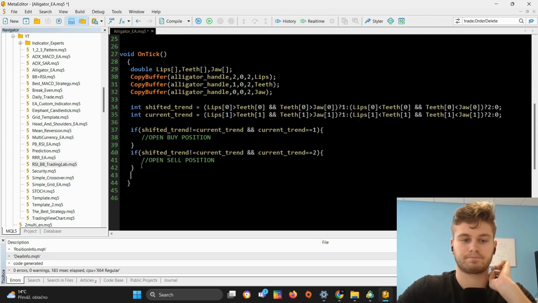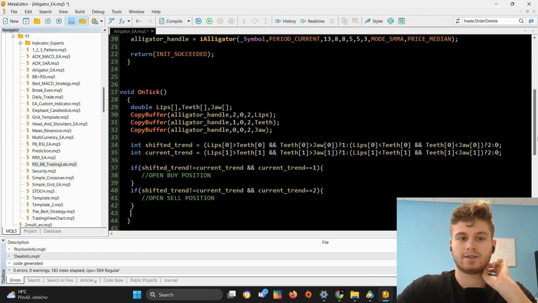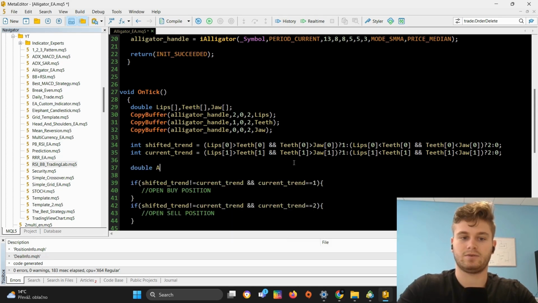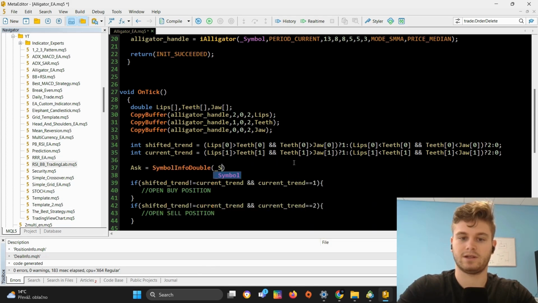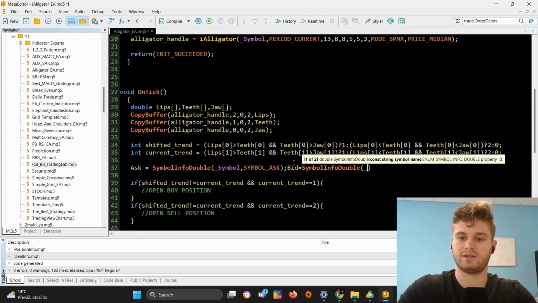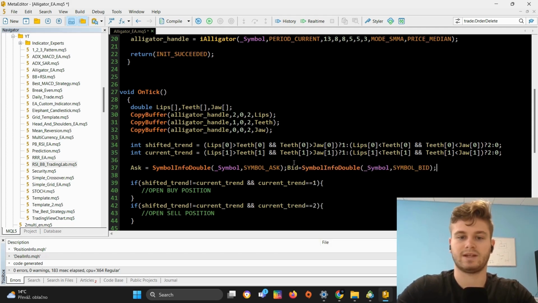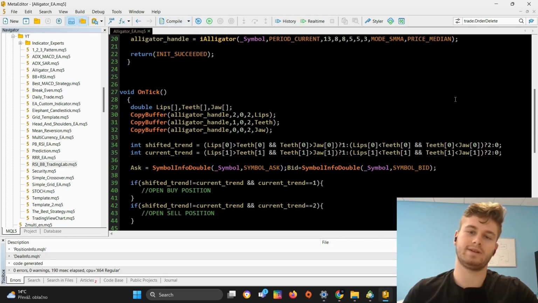let's get to it. Now what I need to do is, somewhere here, get the latest ask value, so symbol info double symbol ask, and I also need to get the latest bid value, so symbol info double symbol bid. Okay, so this is what I need to start with, and then I also need to deal with